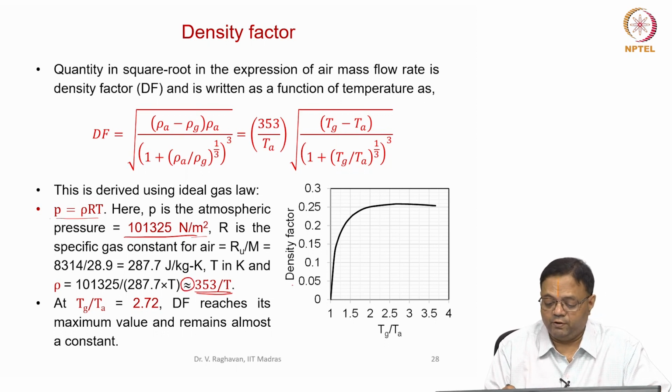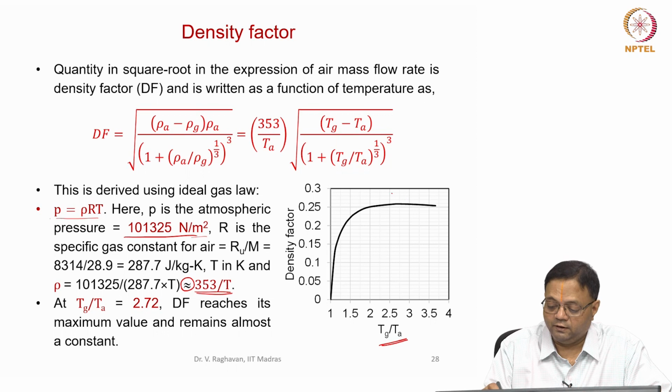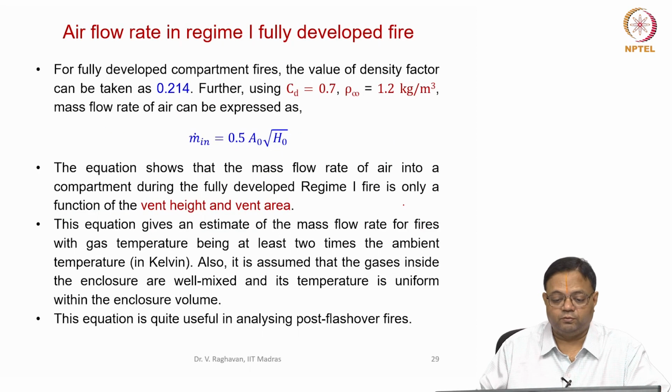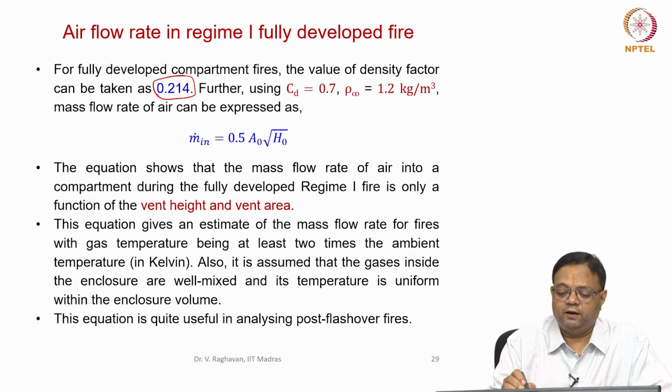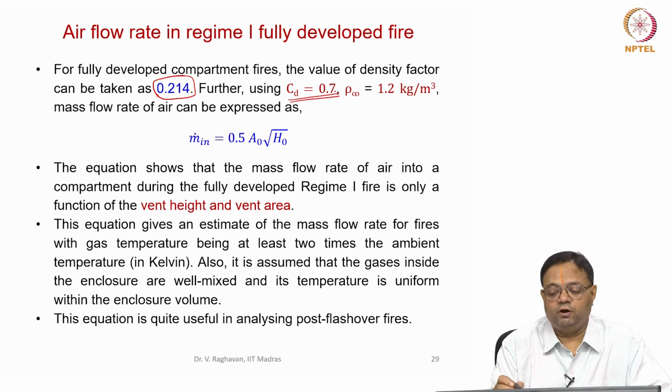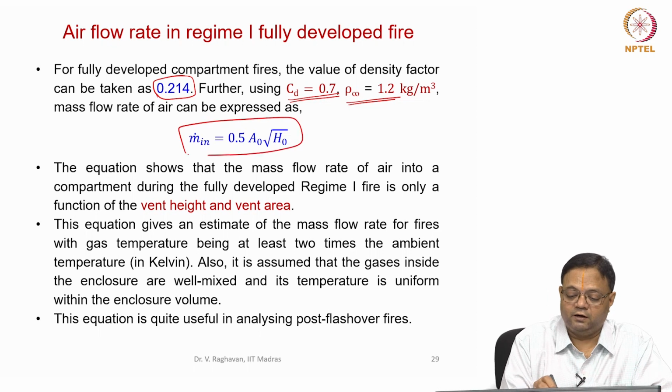So if I plot the density factor versus the gas temperature to the air temperature ratio, I get a curve like this, and the maximum is found somewhere around 2.72 here, and after that the density factor doesn't vary much. From the experiments, people have told that the value of density factor can be taken as 0.214, and say if you use a CT value of 0.7 and ambient density of 1.2, then we can write the mass flow